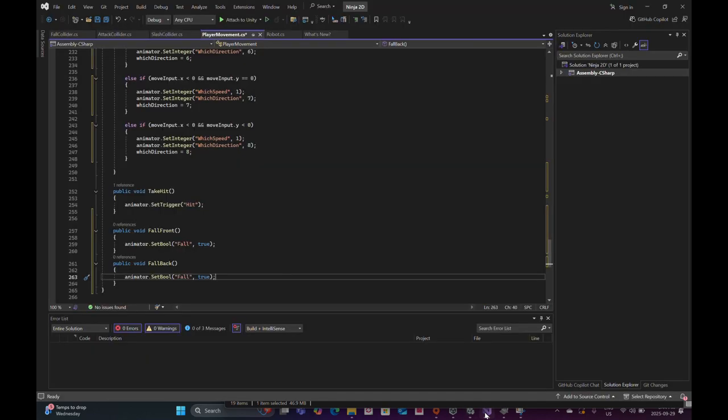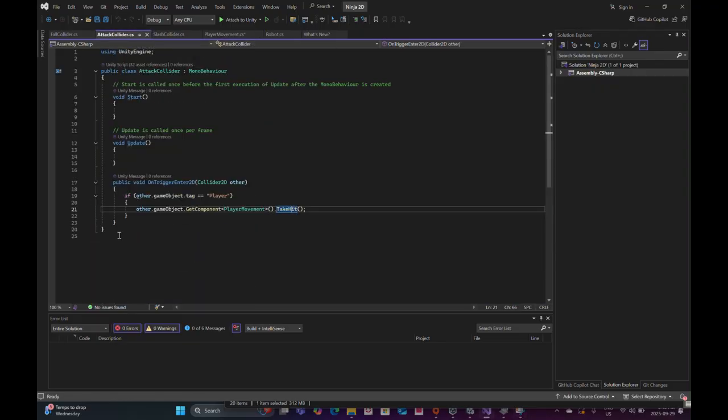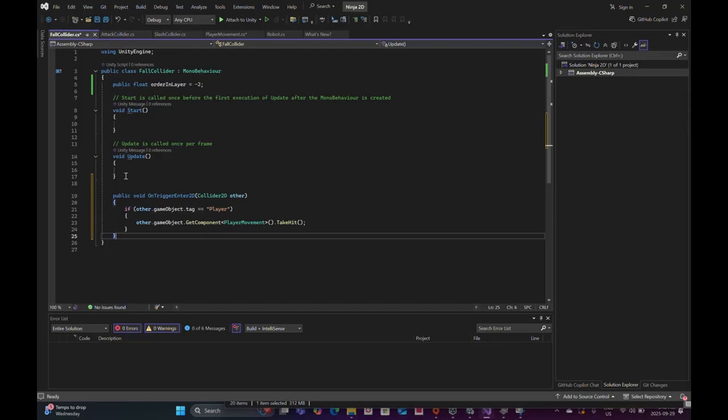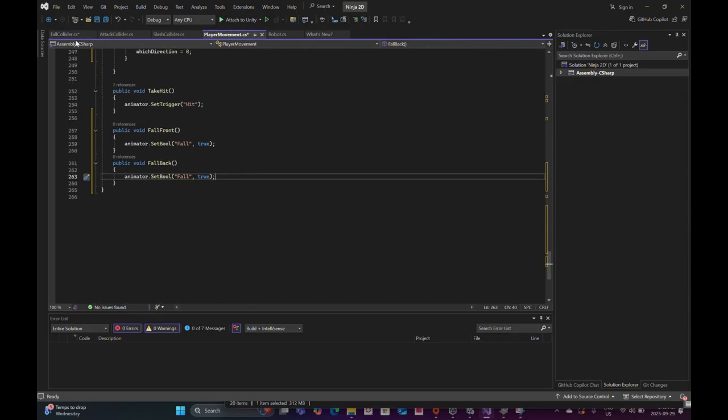And I want to go back here to the attack collider that I created in my previous videos. I'm just going to copy and paste in this piece of script, and I'm going to put it at the bottom. Public void OnTriggerEnter2D. If gameObject tag is the player, then I am going to do either fall front